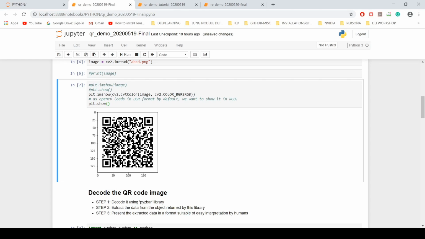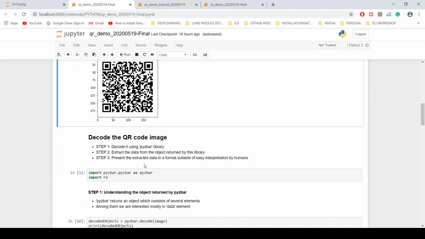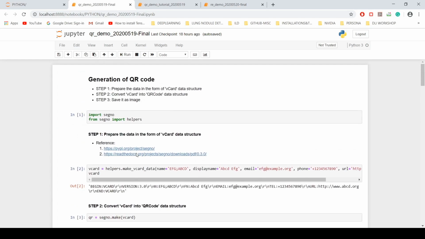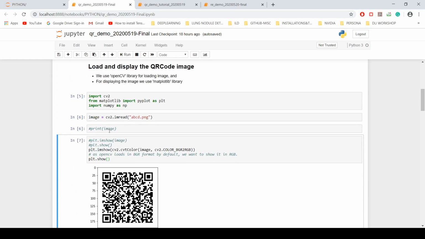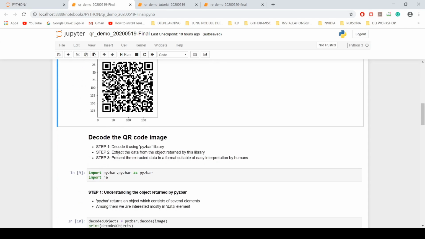abcd.png. Right, looking at this we cannot understand what is the information present in there, because all the ASCII codes are being displayed as some dots here. Mostly email IDs here and names somewhere and the locations like that. So we completed two things. One is generation, and second one is load and displaying that QR codes.